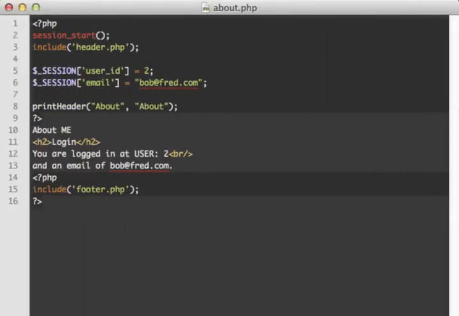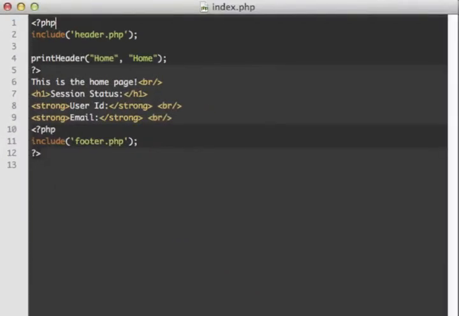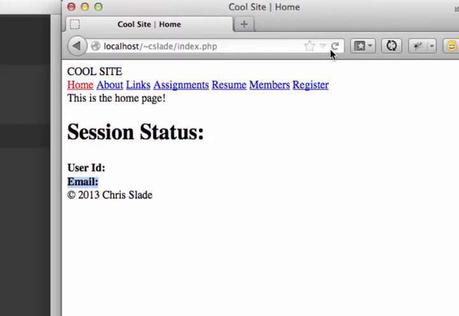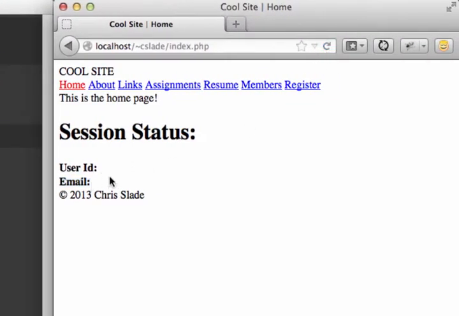And now let's go back to the home page right here, and we need to edit this home page so we can print out the information that's stored in our session. So I set it up right here. We just need to go into PHP mode and print out the user ID that we stored in the session before, and then also print out the email address as well. So now when we do that, we should see the user ID and email address right there, but